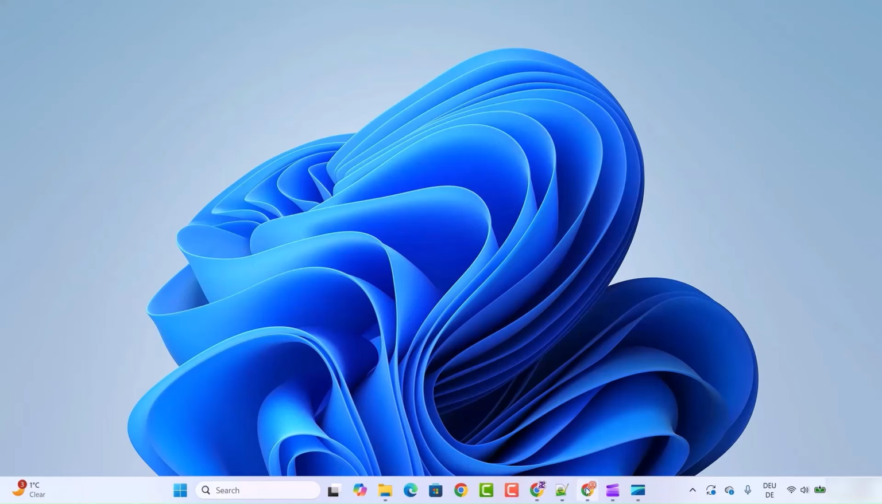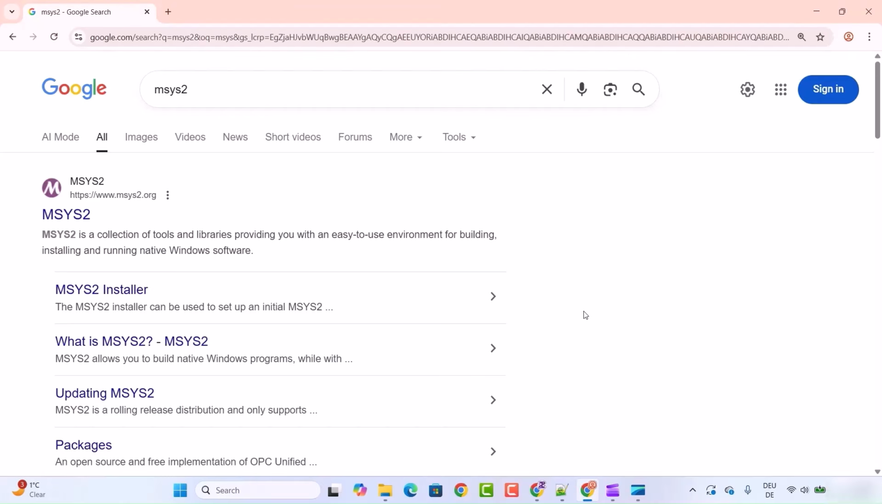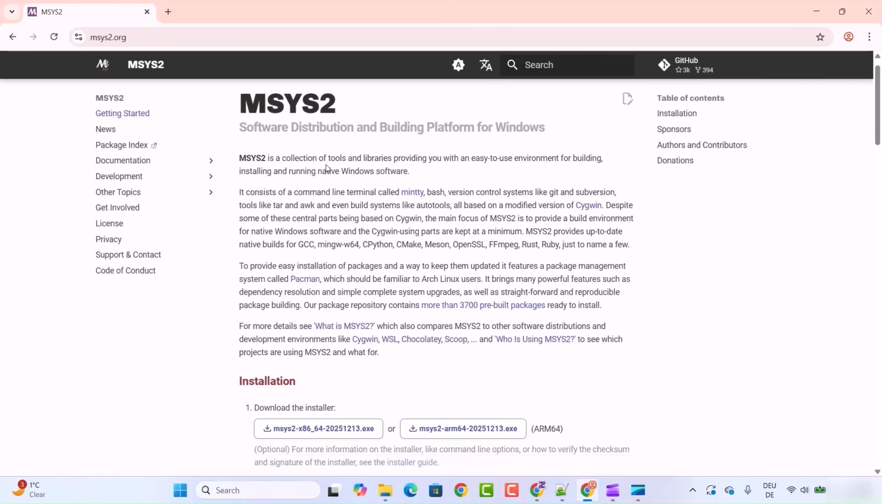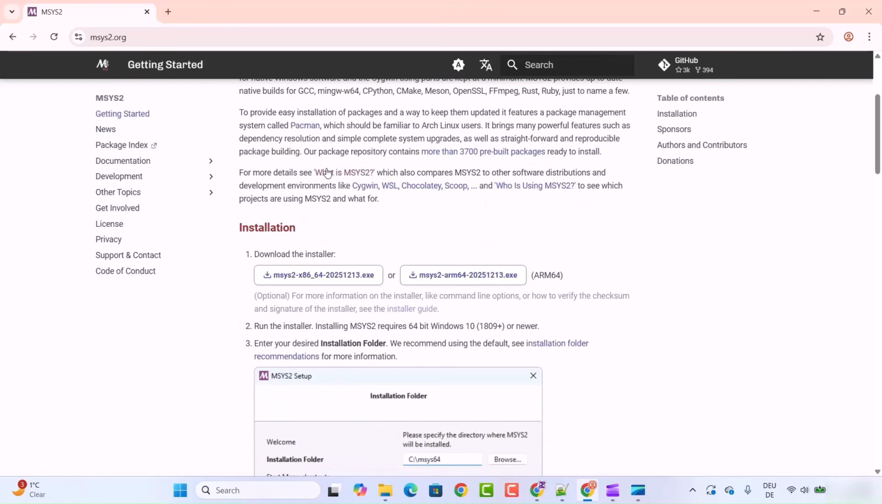So for that, just open your favorite browser and search for MSYS2, and the first link which will appear here will be from msys2.org. So we are going to click on this link, and straight away you will see this kind of web page. When you scroll down a little under the installation section, you will see two options. We are going to click on the first option, which is the